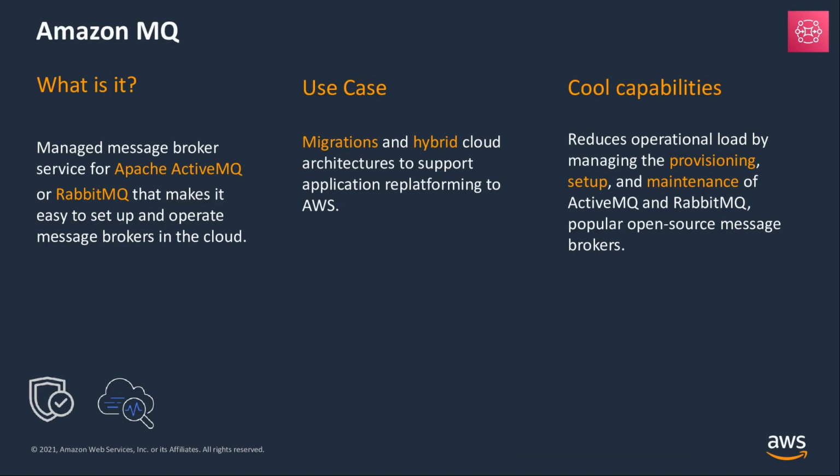Another service that I want to touch on briefly is Amazon MQ. Again, we're also not going to be covering this in the lab portion of today's workshop, but it's worth noting. For customers who want to remain in the open source implementation or are already using ActiveMQ, we have the option of moving to a managed MQ service. It's not completely serverless like SNS and Eventbridge, where customers are billed in terms of individual messages. MQ is more of a managed service, so generally it's more appropriate for customers who are in the open source ecosystem.